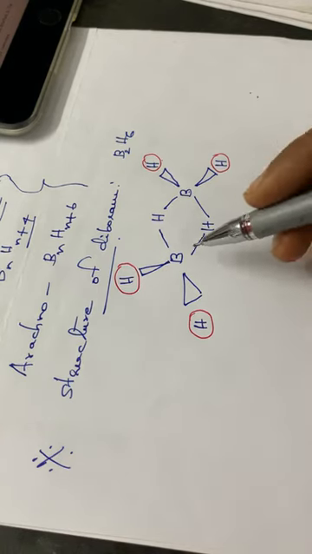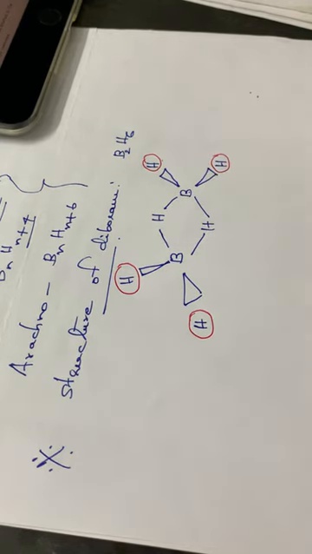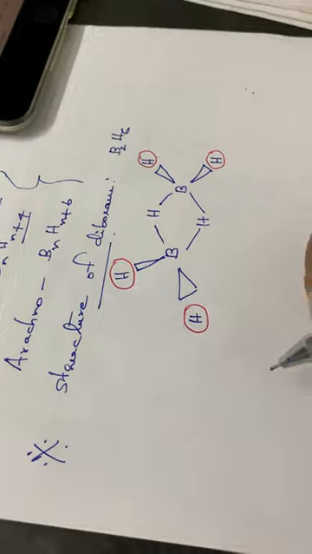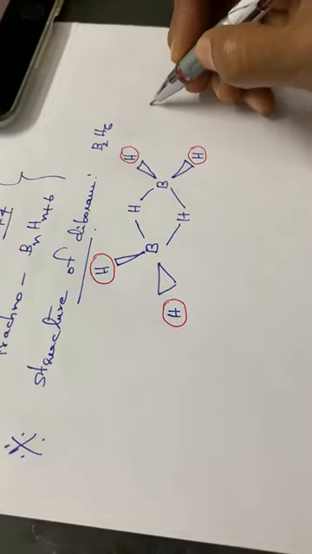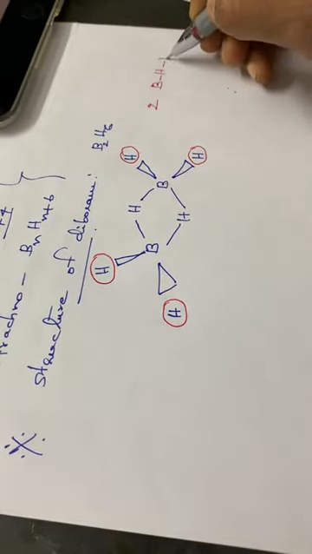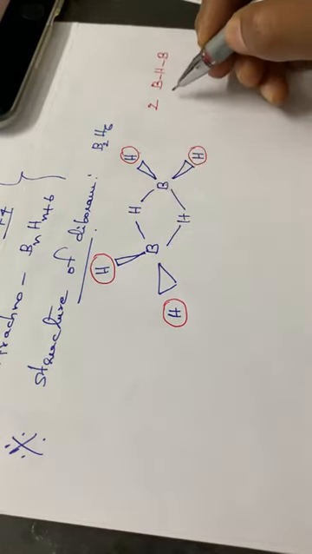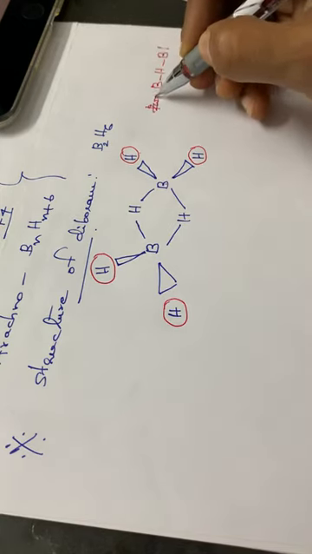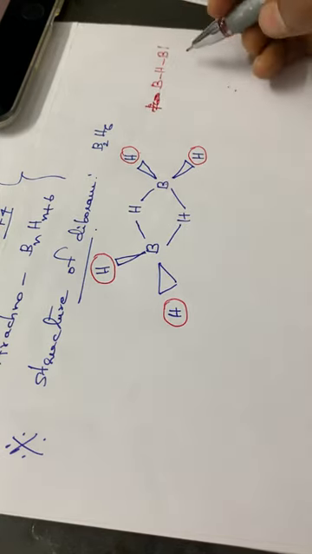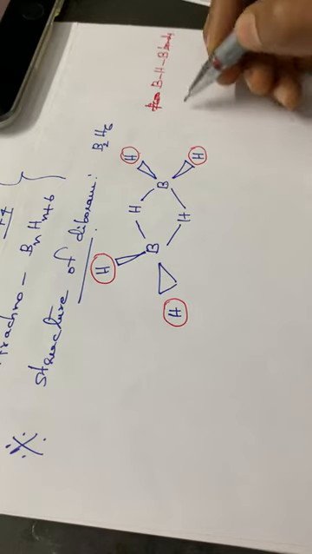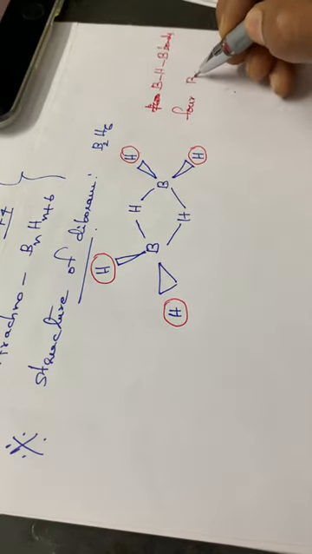See here, this is the structure in a 2-dimensional way. Here, how many boron atoms are there? 2 boron atoms, with how many BHB bonds? 2 BHB bonds and 4 BH bonds. In total we can say 2 BHB bonds, that is these bonds. This is the first BHB, second BHB. 2 BHB bonds and 4 BH bonds.